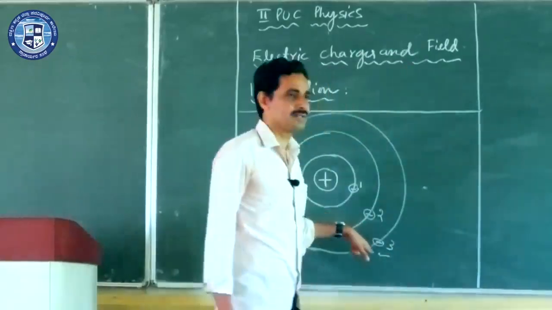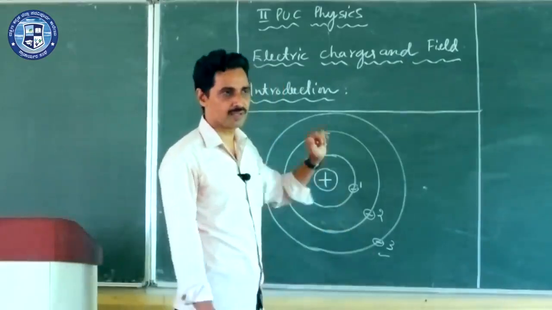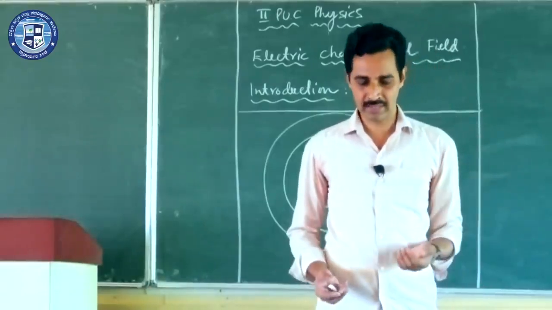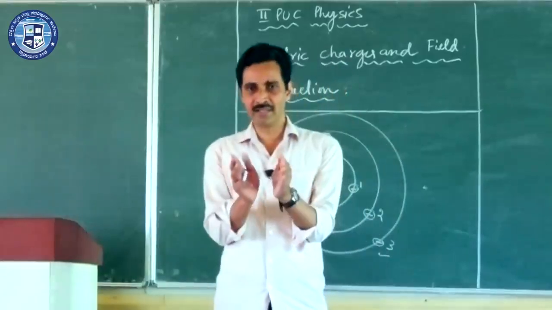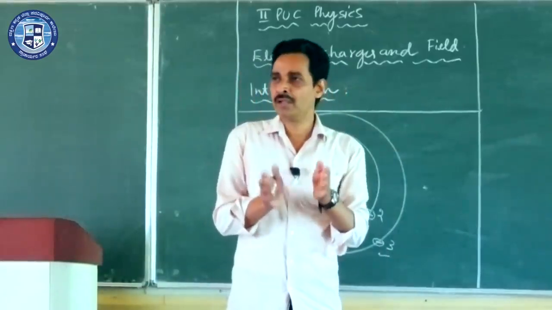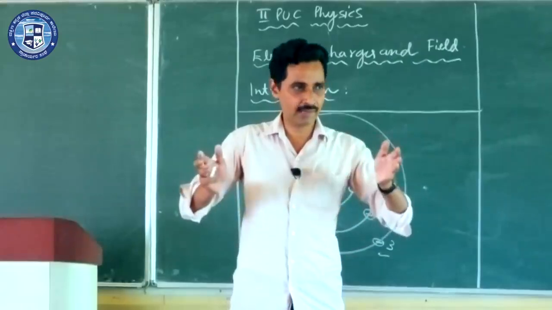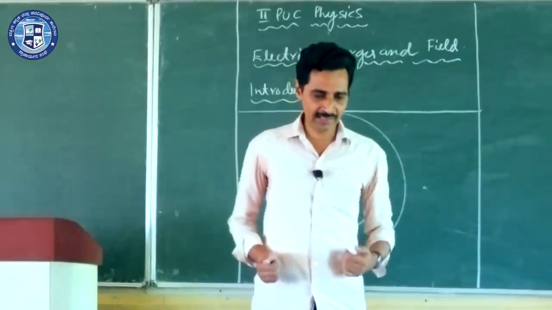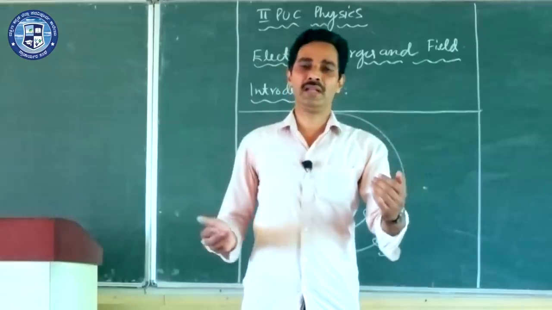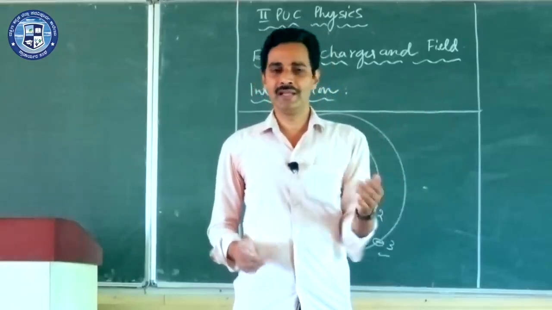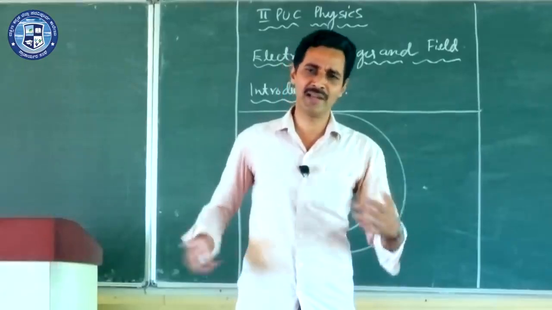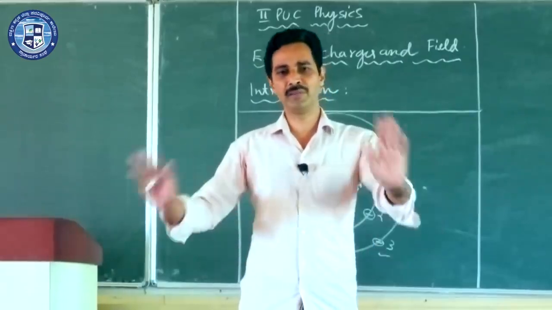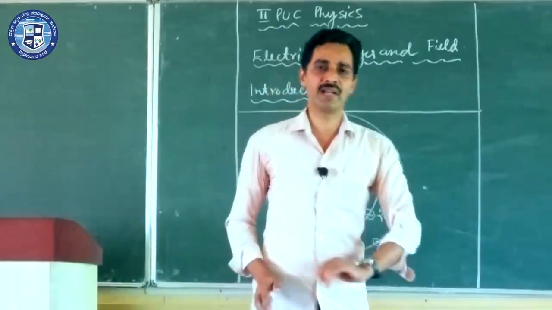So why are electrons given negative charge, and why are protons given positive charge, and why are neutrons given neutral charge? That means they don't possess any charge. Basically, these elementary particles, what we call the basic particles which are used to build up the material, have some physical properties. As human beings have some physical properties, like somebody gets angry very quickly. You go and ask them, why are you getting angry? It's by nature itself. He has tried in his life many times to control it, but by nature he is like that. Some people are very cool, whatever may happen, whatever the situation, they are very cool. By nature they are like that.